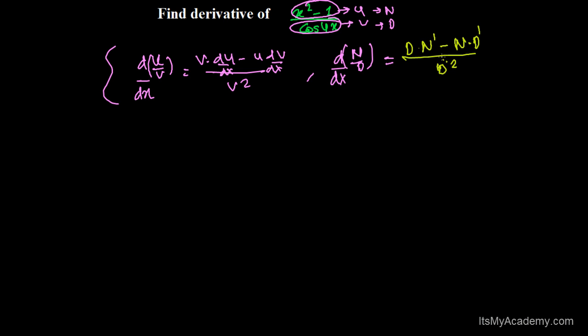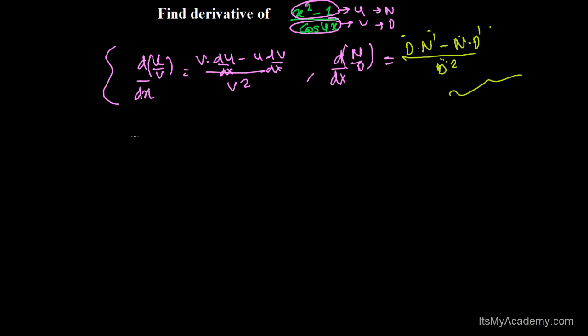If you say it 10 to 15 times, you will automatically learn the quotient formula: d n dash minus n d dash over d square. Very easy, right? Now I'm going to use this. I practiced 10 to 15 times, and now I can say it. Initially I was making mistakes while speaking, but after trying 3 to 4 times I'm now saying it right. It's very easy: d n dash minus n d dash over d square. So let's use it.